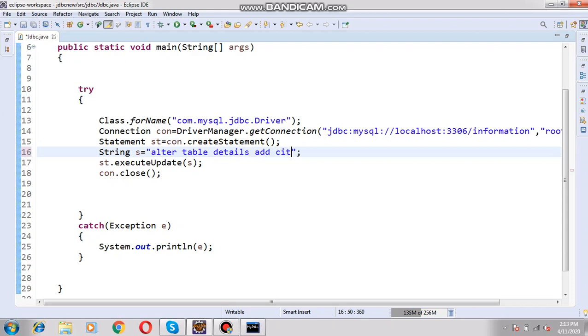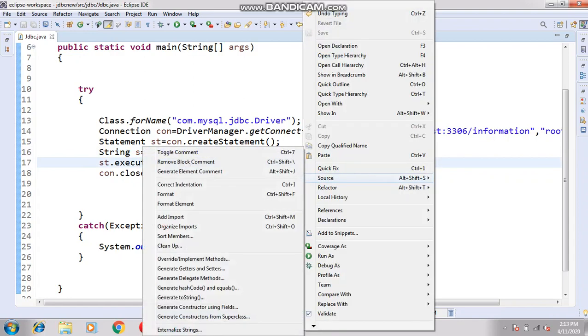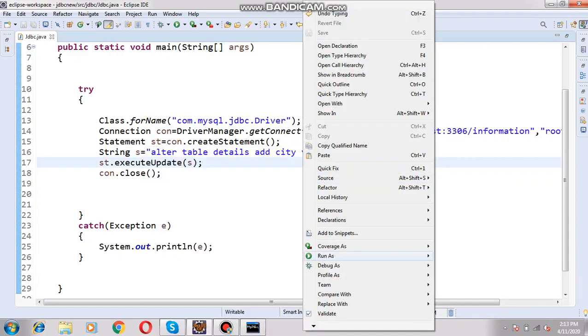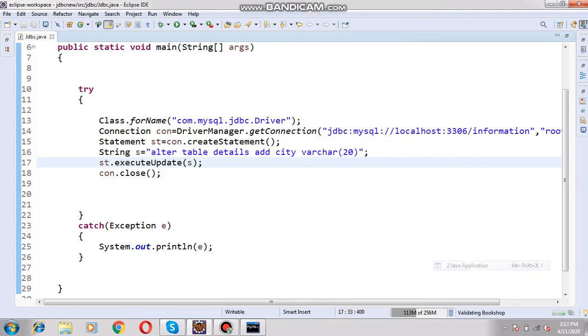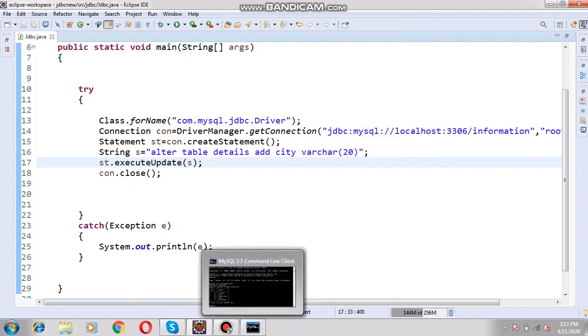And I want to add city. The city data type I am taking as varchar. Next we can use execute update. Now if we execute the program, the program is successfully executed.